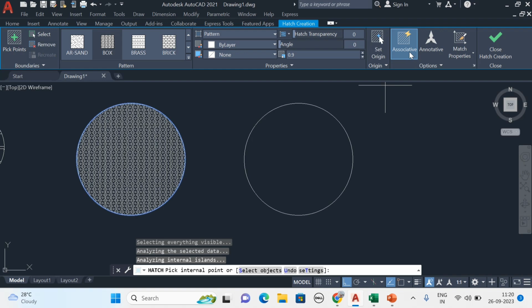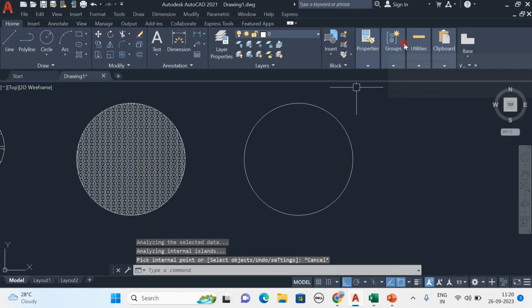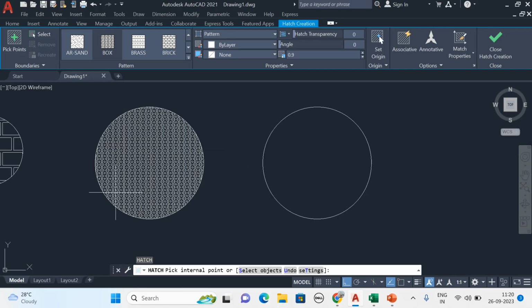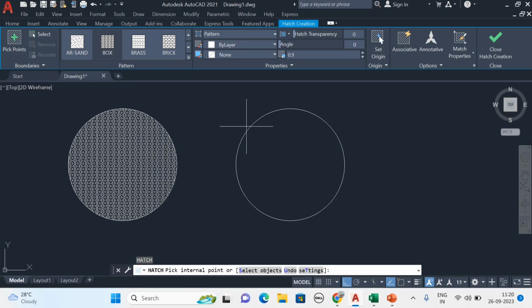Same way now what I am doing, I have created this one, click on this associative. Now here we have drawn the associative pattern. Now we have to draw the non-associative pattern. So just click on that, uncheck this associative, any pattern, same pattern I am selecting, and pick